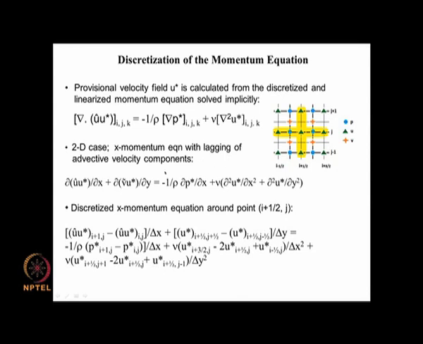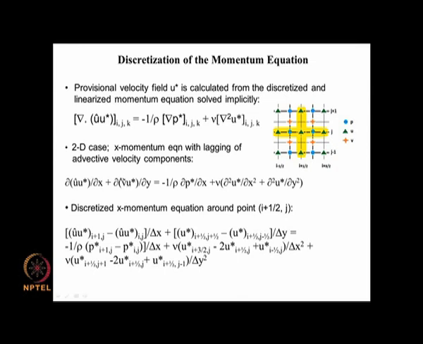So, the exact momentum equation is linearized and discretized in the following way. It is linearized to the extent that the coefficient, one of the u's that is coming in this term, is taken to be the previous iteration value. It is lagged, it is substituted using the Picard iteration.